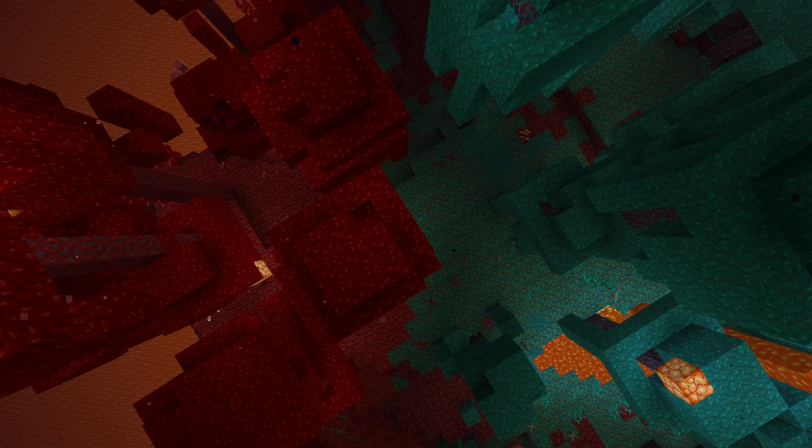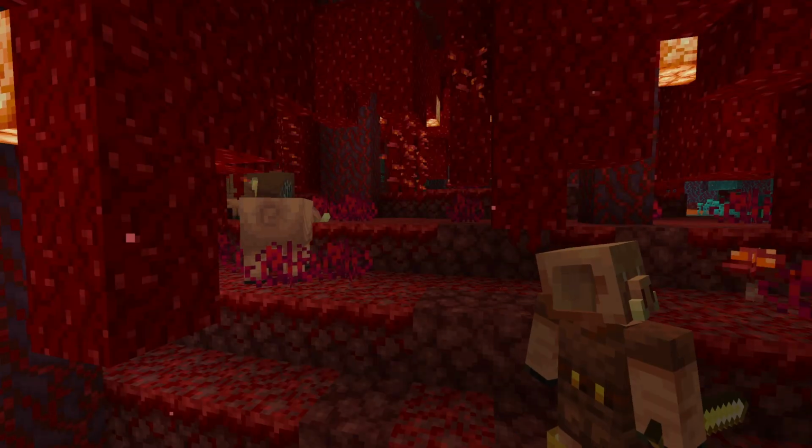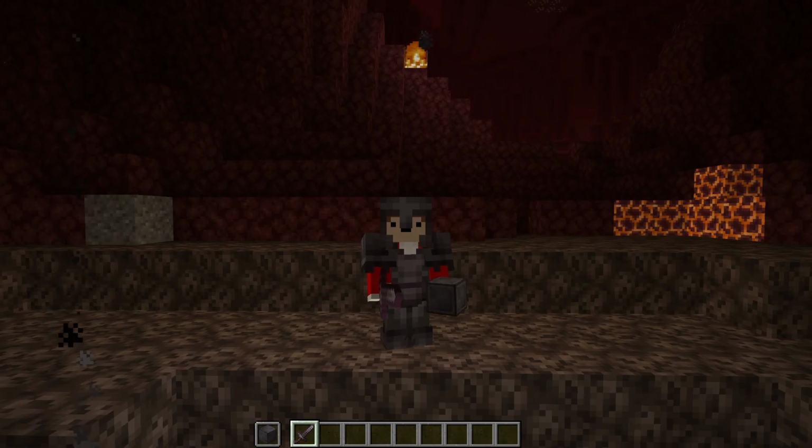Firstly, you will notice two new biomes. We have the Crimson Forest and the Warped Forest. Striders were also added in this version, as well as Hoglins and Piglins. Bastion Remnants were also added in this update, but probably one of the most important things that got added in